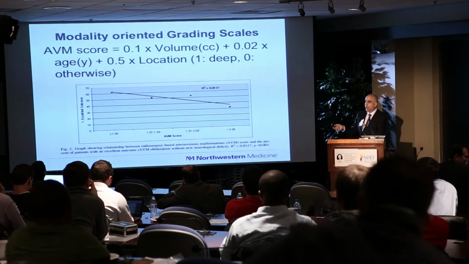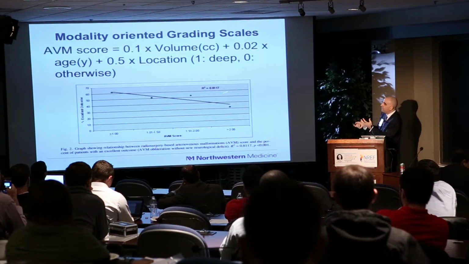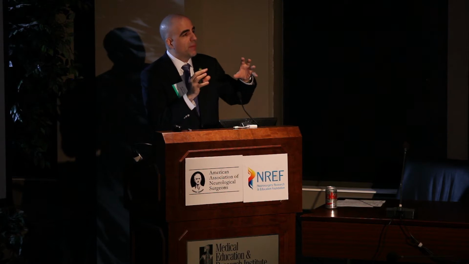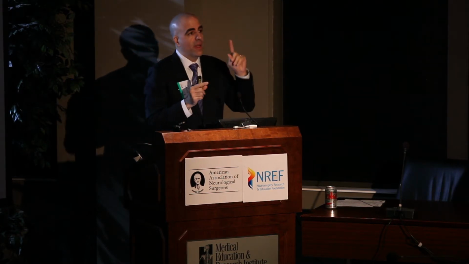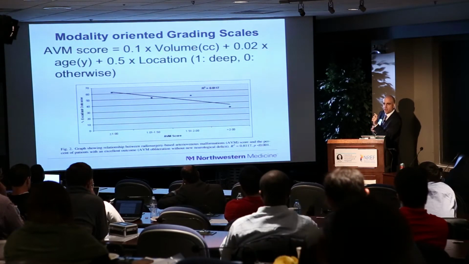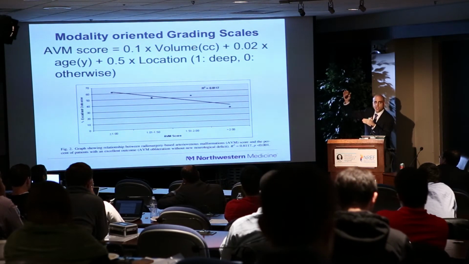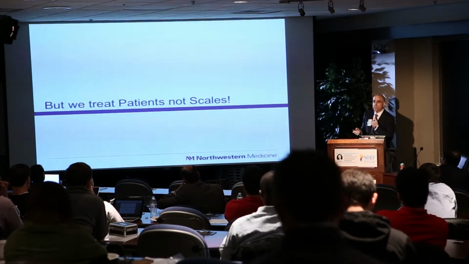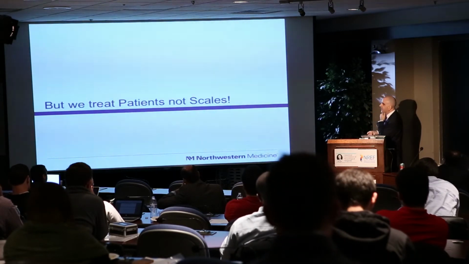The AVM folks have also come up with a grading scale that looks at risk of treatment vis-a-vis volume of the AVM. Don't think of AVMs in terms of diameter anymore, because when you're talking about radiosurgery, and even surgery, I believe, think about it volumetrically. Remember, think 3D, not 2D. Thinking in diameter is an oversimplification of what you're looking at because risk probably goes up exponentially, not linearly, with volume increase. Remember, we treat patients, not scales. Scales are helpful. They're a good framework to start thinking, but they're not the end game.